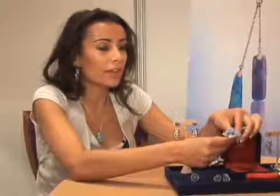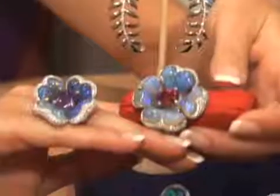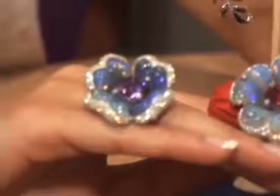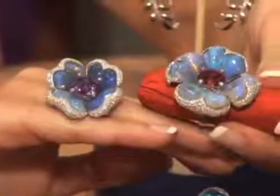My signature ring, Poison Berry, exhibits the way that I'm using these opals in a completely new light by carving them into three-dimensional shapes. They've got a lot of luminosity as a result, even though they're Lightning Ridge black opal and Coober Pedy crystal opal. These pieces traditionally have a lot of boulder behind them or clay, and the way that I select only top grade material and cut it into solid pieces gives it an entirely new light and way